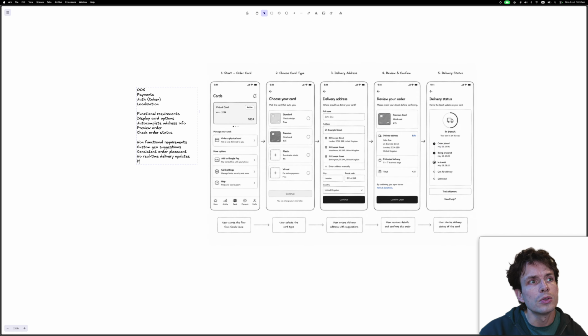So we will need to support pagination for card options to be able to support a long list of options. And since this is not a frequently changing collection, we also will need to cache our cards,